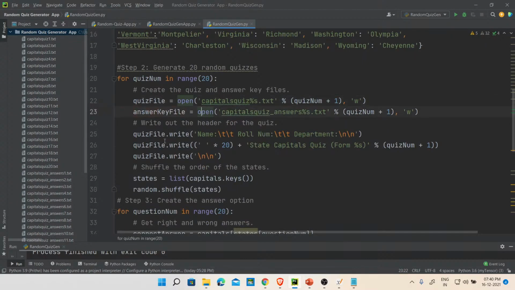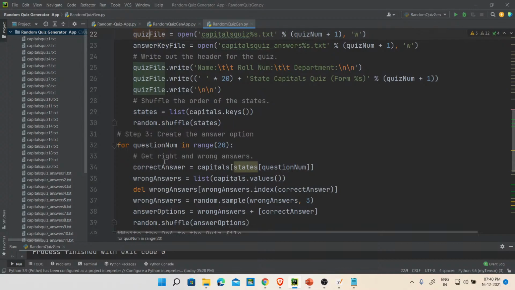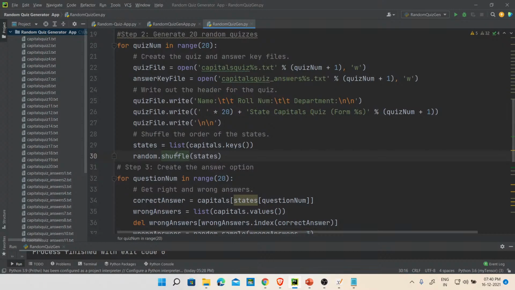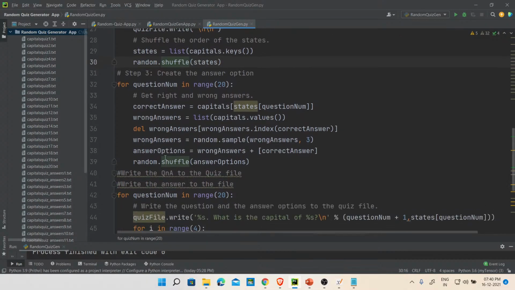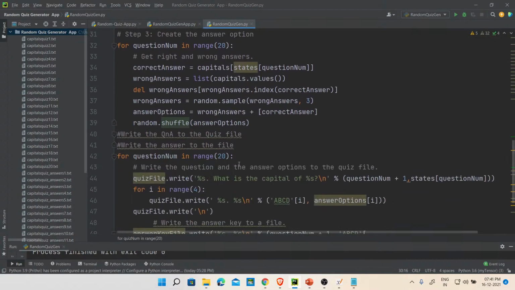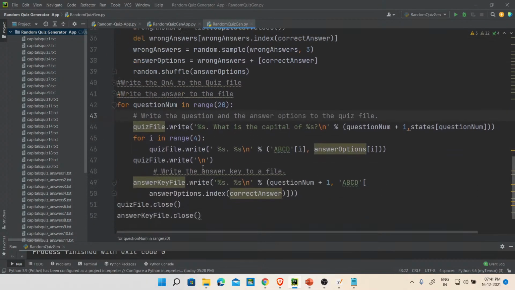This is for the row number. This brings a blank space, it doesn't matter. And then the correct option, and then delete that, and then write this to the text file.